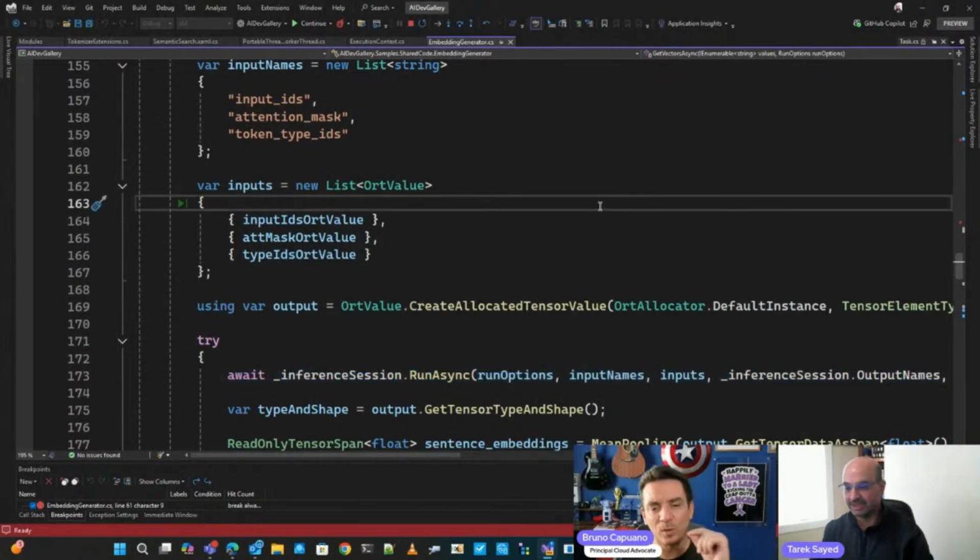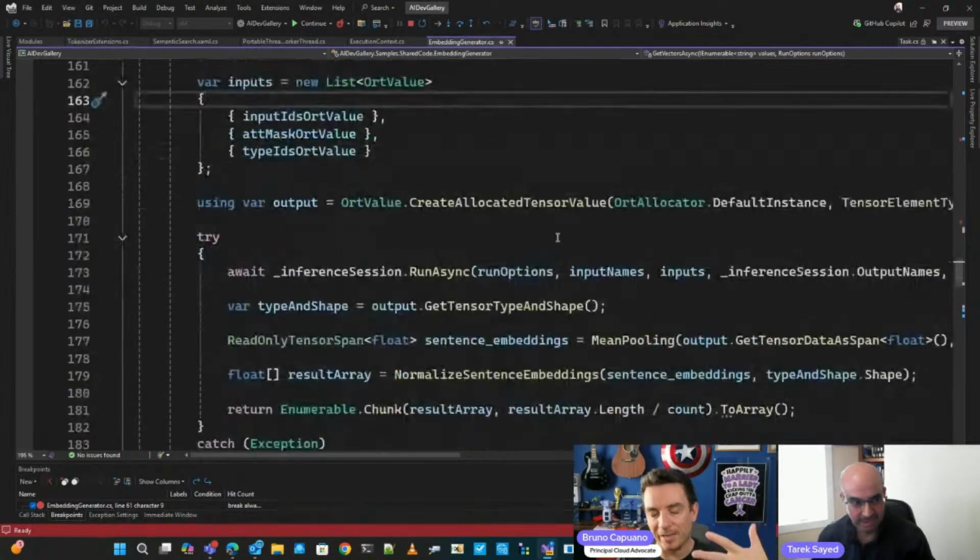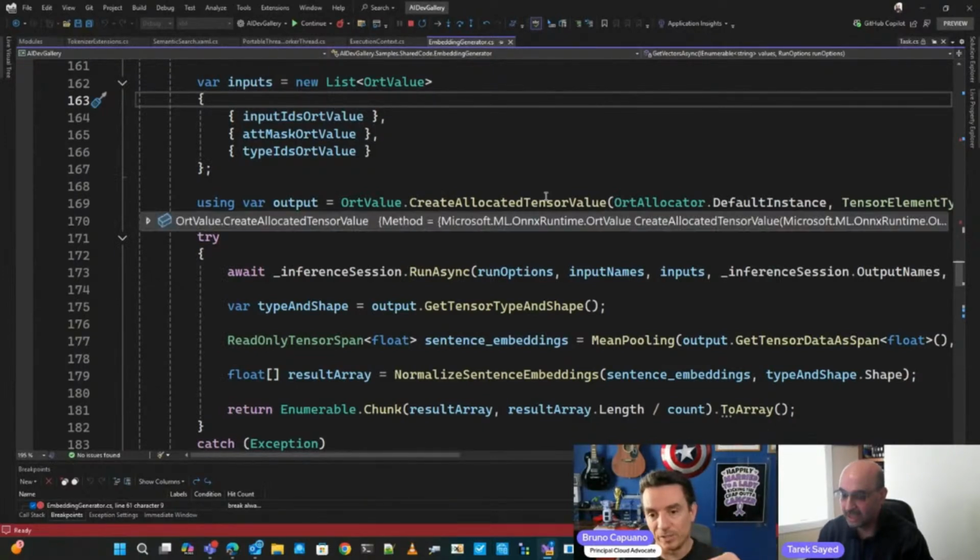And one thing, correct me if I am wrong, for this specific scenario, because the AI Dev Gallery usually works like this, the model that you are using, or that someone is using, is going to be a model that is downloaded locally. So this is an ONNX model. I quickly see, yes, you have a local one, but this model doesn't have a tokenizer. So that's why you are adding the tokenizer part to use this BERT model. Oh, that's cool. That's right.